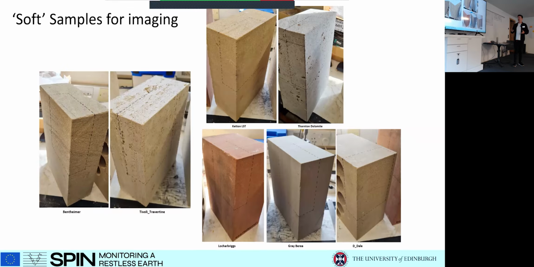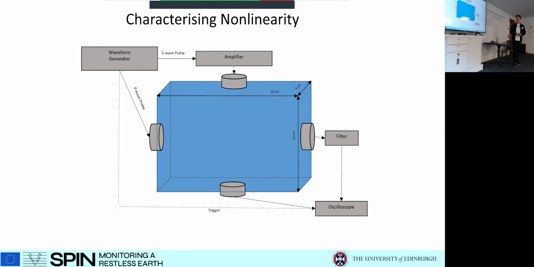So before we wanted to progress into some more detailed experiments, we thought we'd decide which of our in-house samples that we have is the softest or the most non-linear. So what is going to give us the most exaggerated sort of damage and healing effect that we could then possibly image. So we've got some limestone, some dolomites, and some sandstones, and these are all picked because of those heterogeneities that I talked about before. And I took these samples over to Canada and worked with Alison Malcolm, who was at the previous workshop, and she